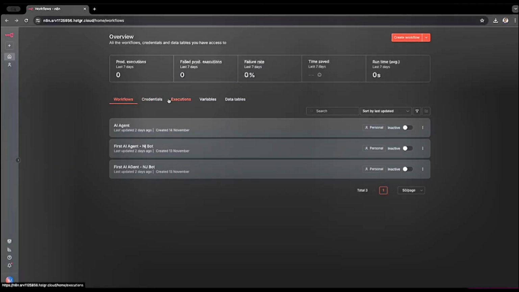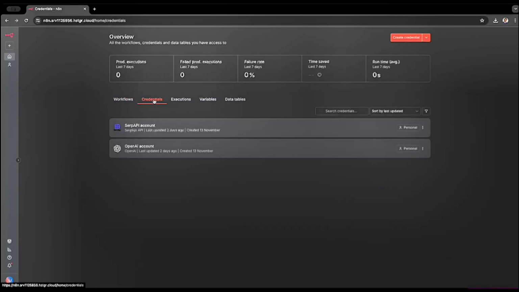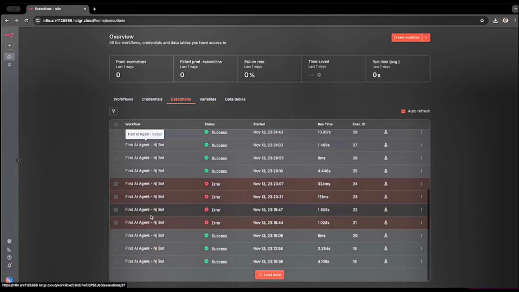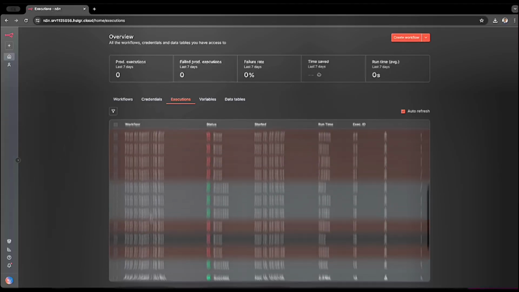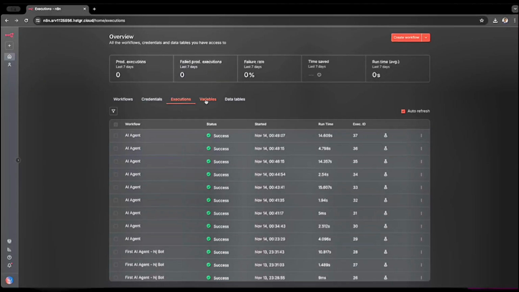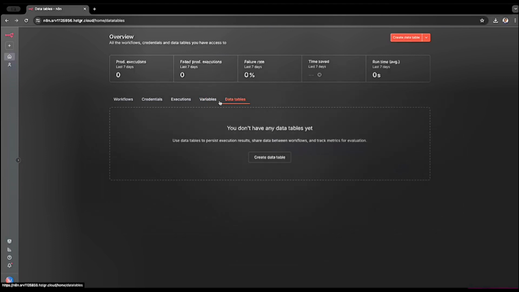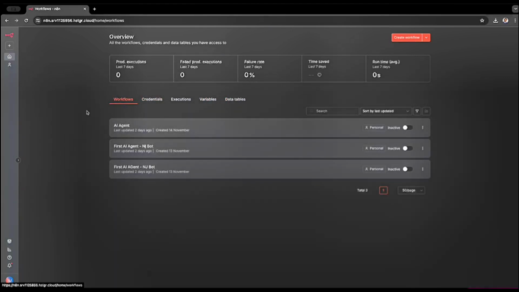If you create any credential, it will come up here. And the executions, how many executions you have done. If you have any errors in those executions, they will come up here. If you have any variables, they will come up here. If you have created any data table, it will be up here. I will go through these parts slowly in my next video. We jump in quickly and